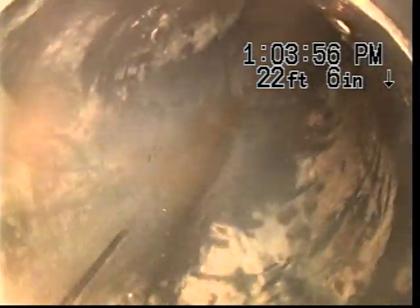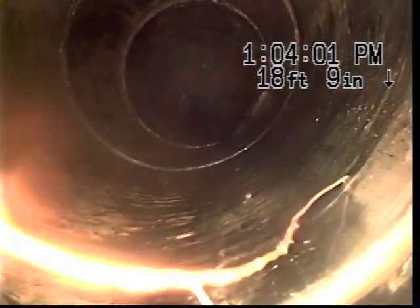This is plastic pipe that's been replaced. We're underneath the floor of the bathroom right now. And coming up, we got a root stuck on the end of the camera. That's one that we cut out already. All this plastic is good, so don't worry about that. Once you get out to that clay,